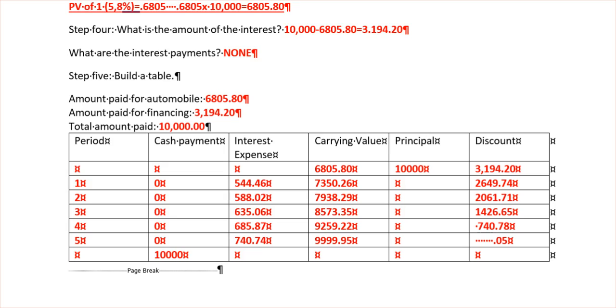So we have an initial carrying value which starts out at 6805.80, and what do we want to do? We want to continue that so that the carrying value at the end is 10,000. Said another way, we want to make sure that our discount becomes 0 at the very end. And if you'll see here, at the end of period 5, the way we do this to remove the discount, we actually have 5 cents left. Why do we have 5 cents left? Well, we have the 5 cents left